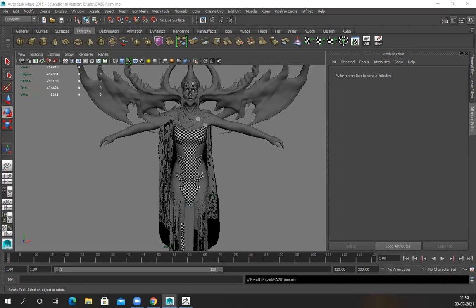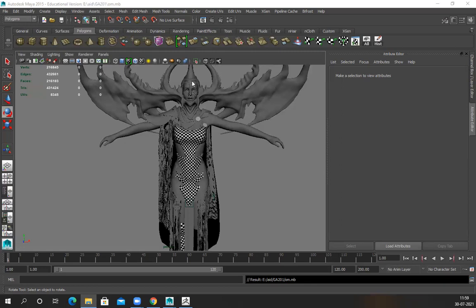Sir, in my model, I sent the low poly of the torso, upper torso. Okay, I'll check it. I wanted to know if the poly distribution is enough. Should I make it even more high poly? Not all the muscles are visible in low poly. No, there's no need for that.